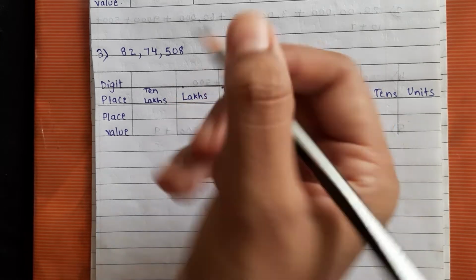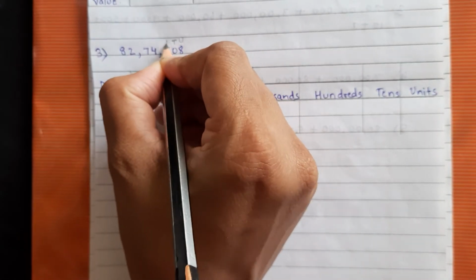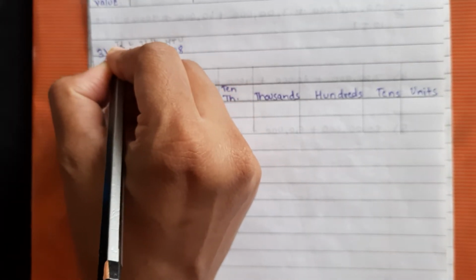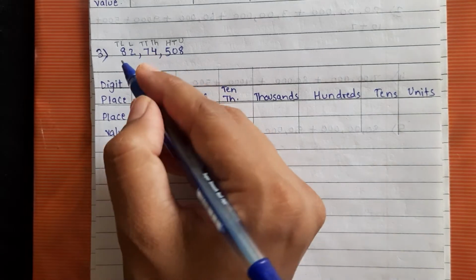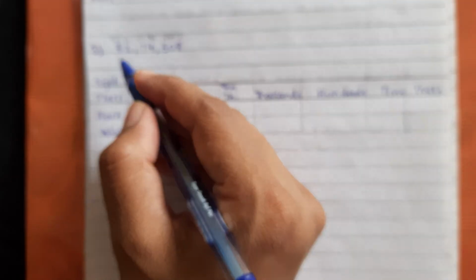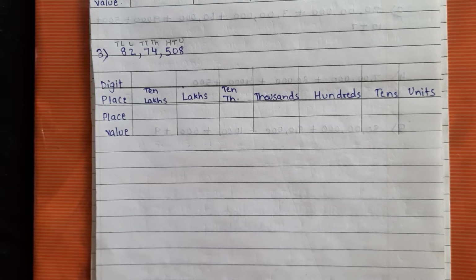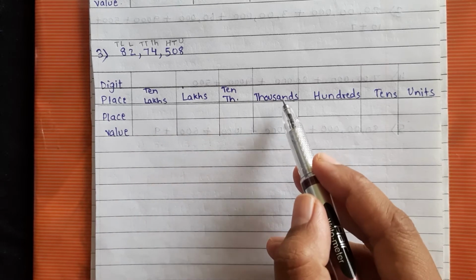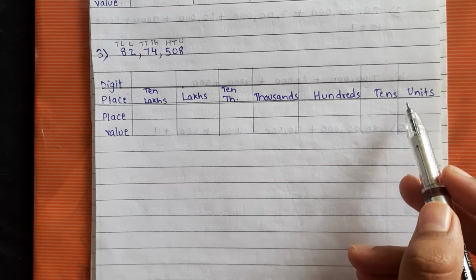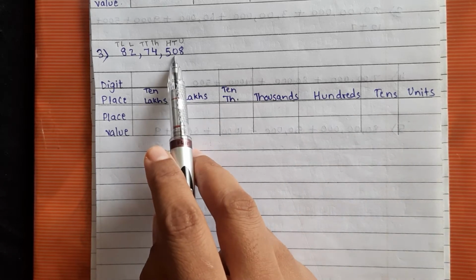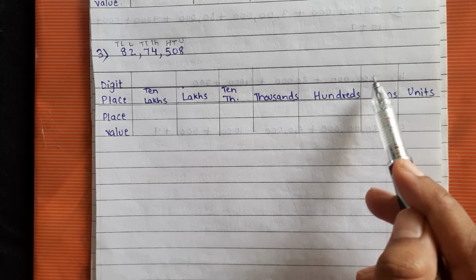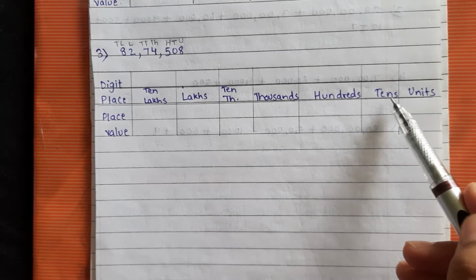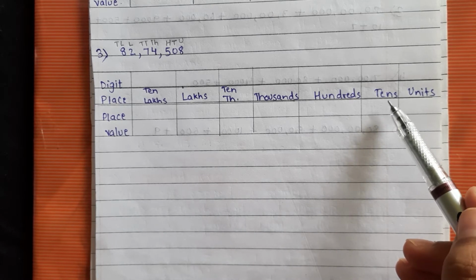Now in this question again write down the places. Units, tens, hundreds, thousand, 10,000, lakhs and 10 lakhs. So the biggest place here is 10 lakhs. So we will start writing the places from 10 lakh, lakh, 10,000, thousand, hundreds, tens, units. Now here at tens place there is 0. So don't do like this, that you don't make the column of tens place. No. Though there is a 0 at tens place, we need to make a column of the tens place also.